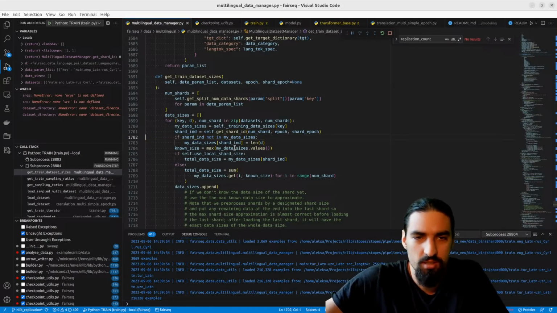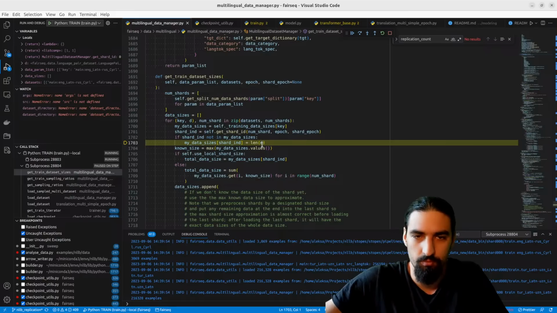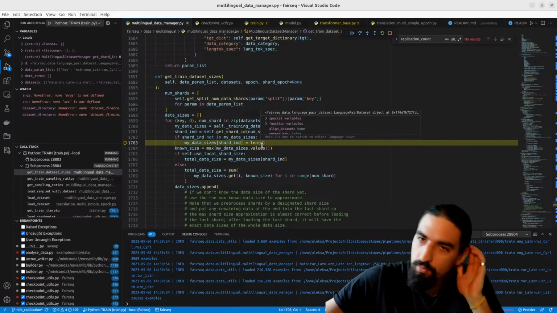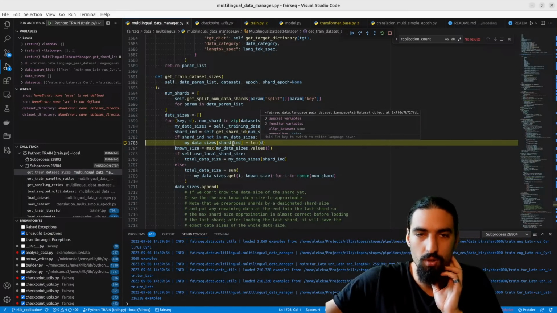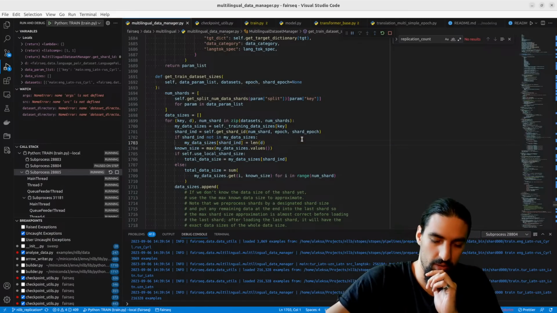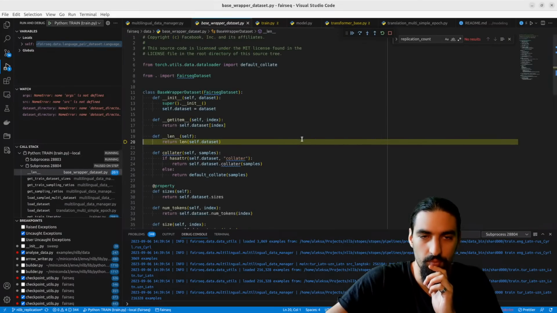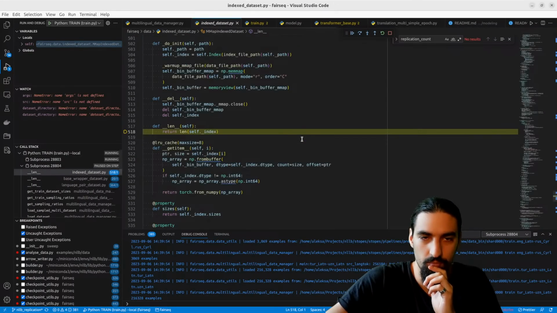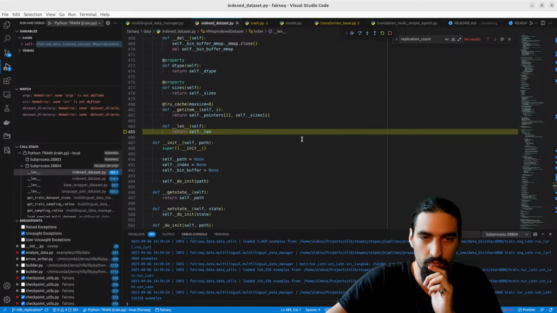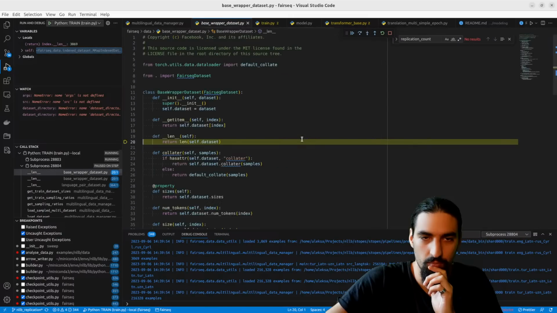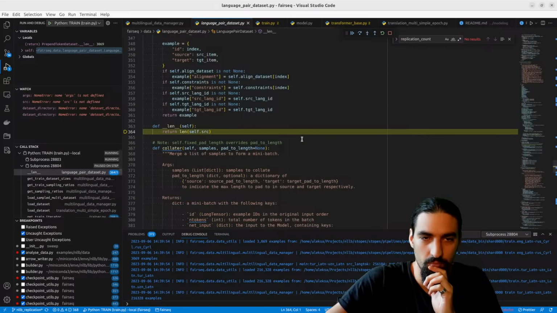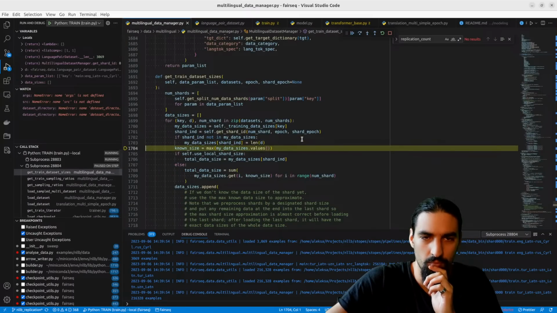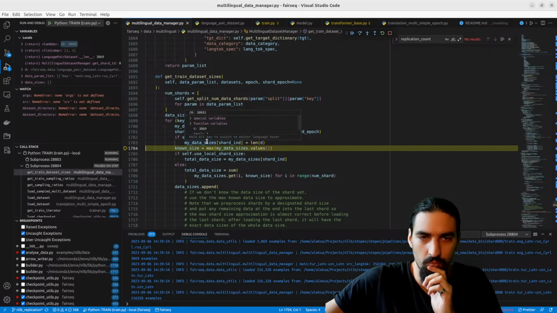Shard index, length of D for that shard index. And we get 3000.